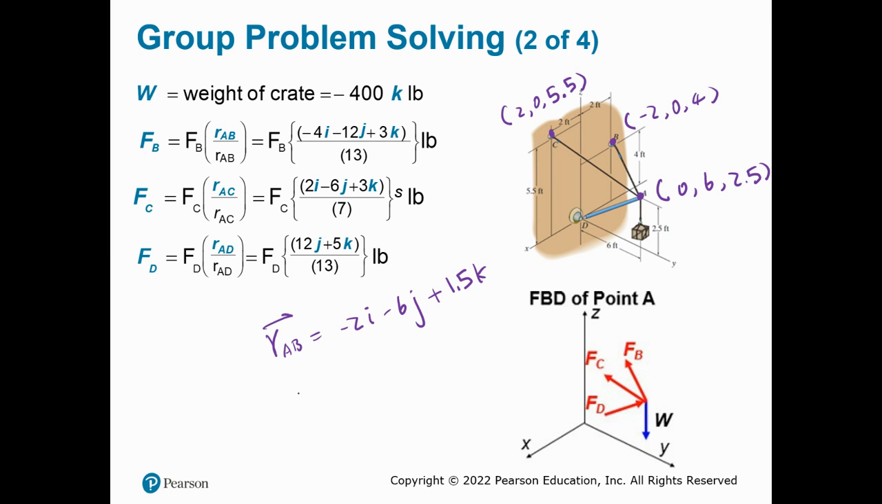And then we're going to divide by the magnitude of AB. Let me put the magnitude over here. The magnitude is going to be the square root of 2 square plus 6 square plus 1.5 square. It does look a little different than this, but trust me, when you simplify it, it will look just